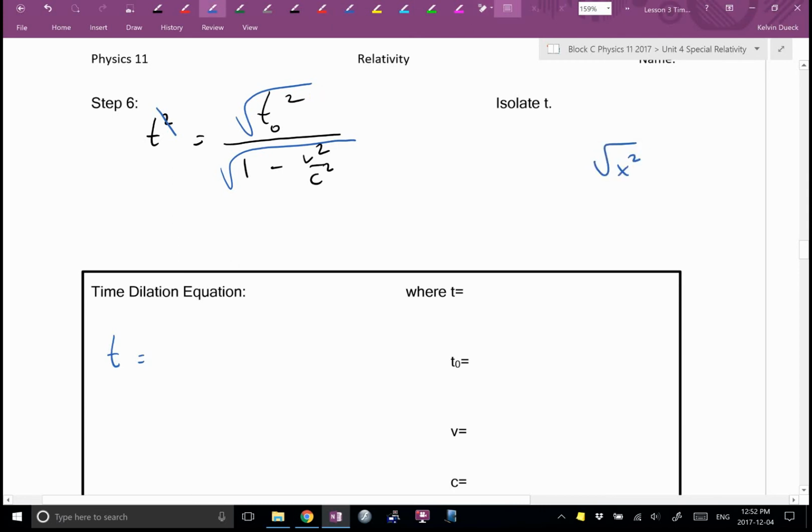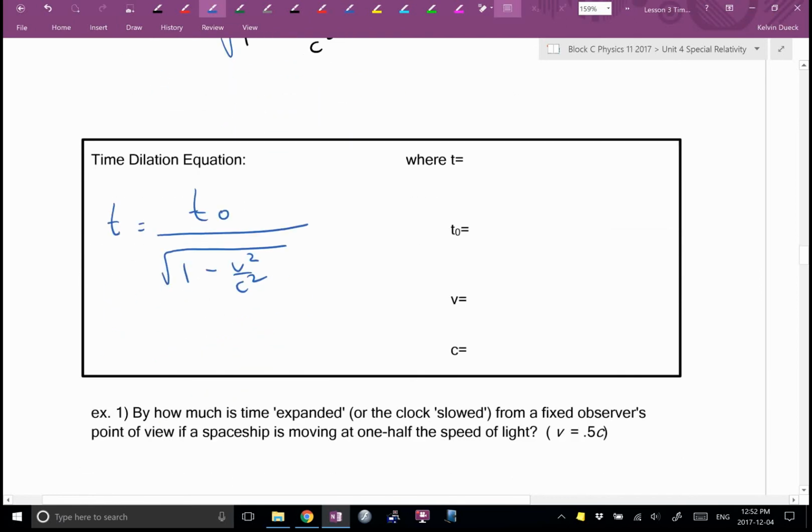What's the square root of x squared? Just x. What's the square root of t0 squared? Just t0. And we're going to leave the bottom in a great big square root like this. Although, if you want to, you can point an arrow to that, and you can say that's also V divided by C all squared. V squared over C squared is the same as V over C all squared. Remember your exponent rules from Math 8 and Math 9.